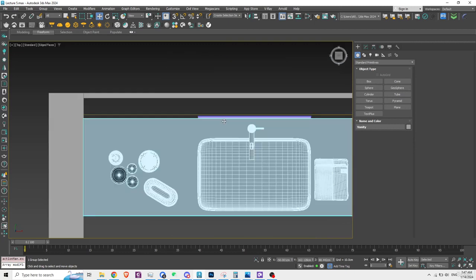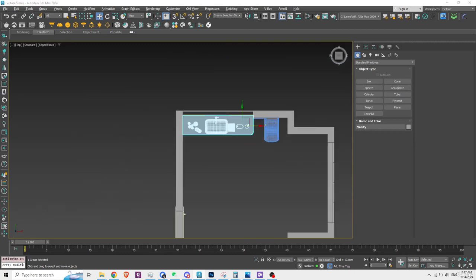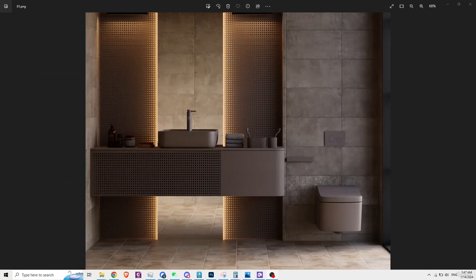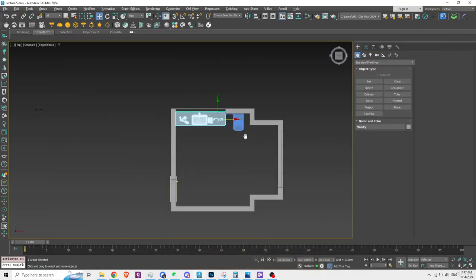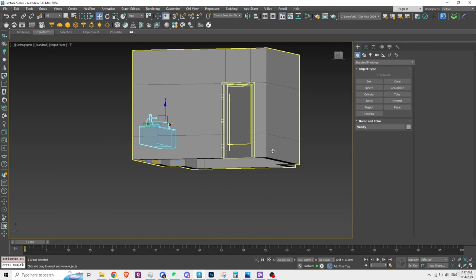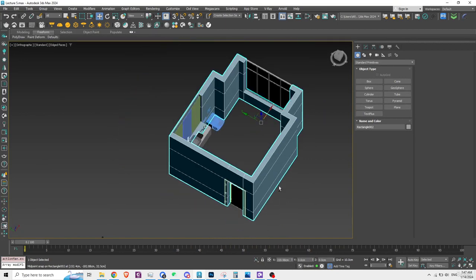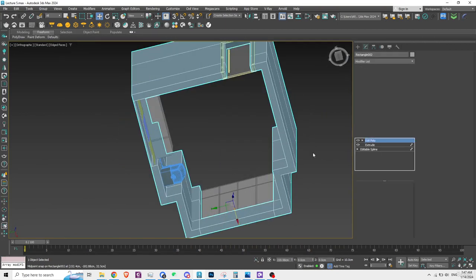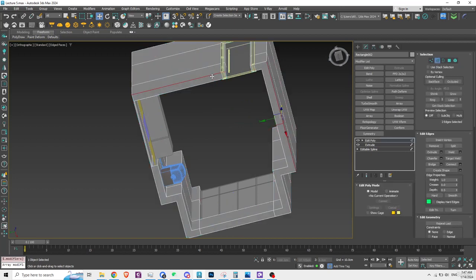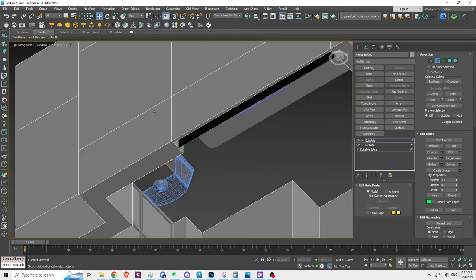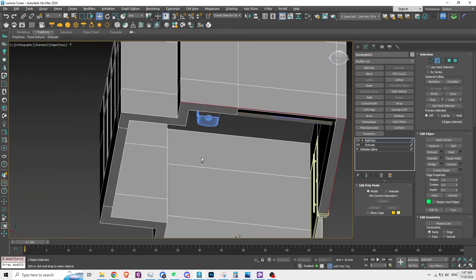All right, so what's next? I believe we can make the floor in this video. Yeah, floor and ceiling we can make in the next one. All right, so let's go to the edit poly and select the bottom edge, this one. Okay, it's gonna take us a long time, but